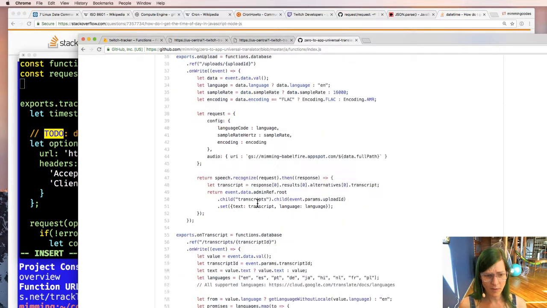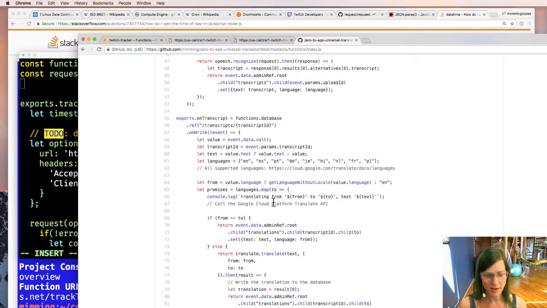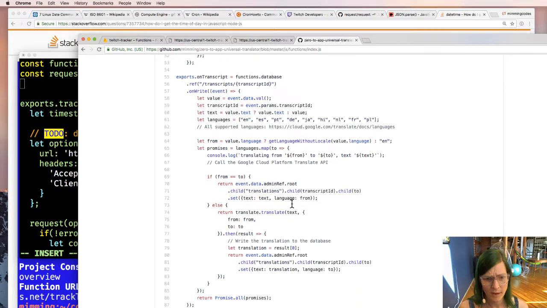So here's a function I wrote for a talk a while ago. Actually, I didn't write it. Frank wrote it. I repurposed it. And okay, so event data admin ref root. There's a reference that's attached to the event that comes through on a database. This is a database triggered event, which gives it a copy of the database.